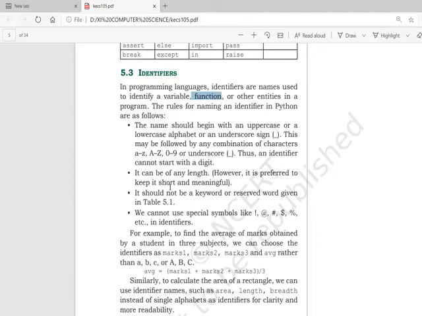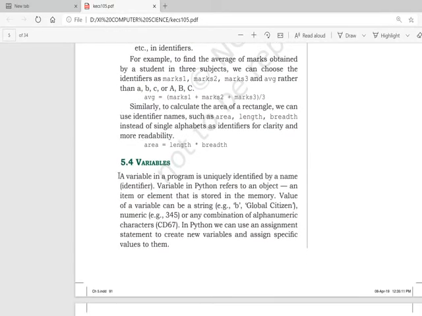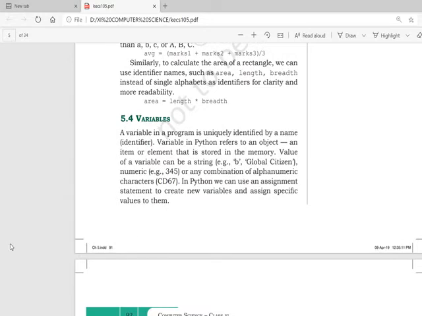Now if I say A123 is equal to 12, there is no issue. The first character is an alphabet, and the length of the variable name, identifier or function name can be of any length. So right now it is okay. The identifier length is 4 characters. In this case, it's okay. If I say A@123 is equal to 12, it will create a problem because @ is not allowed.